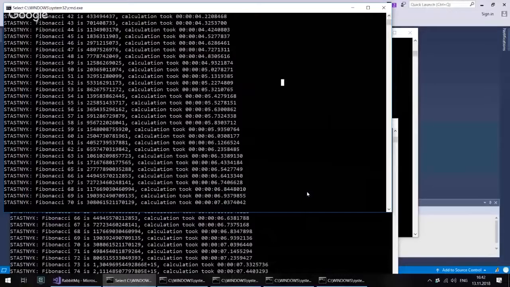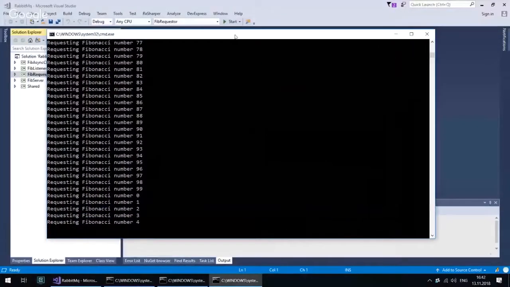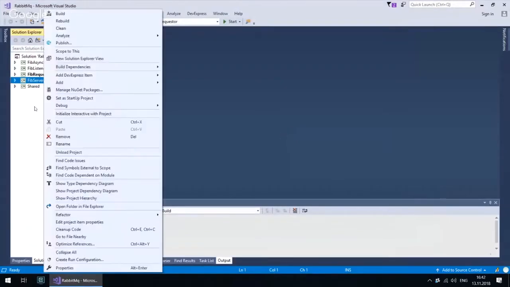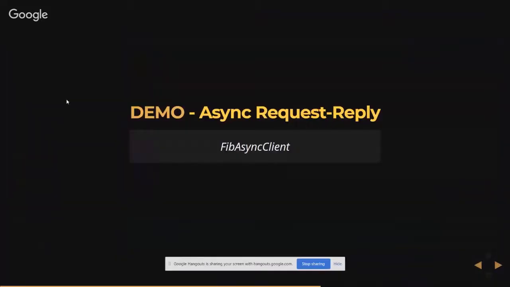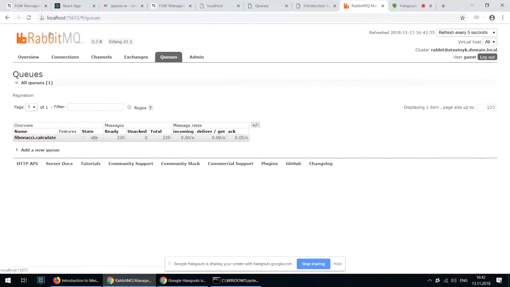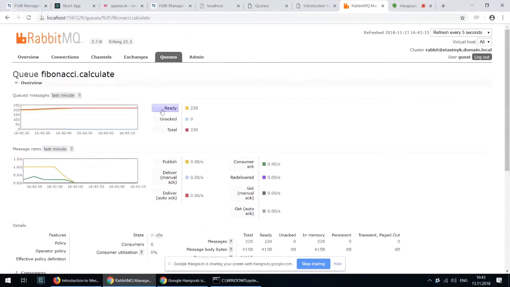Now I'll again show you some demo. Because we have the queues pretty full, I'll first clean them. So you can see here is the administration interface for RabbitMQ. This is the queue Fibonacci calculate that has all the messages, all the jobs that are for us, and there are 220 messages waiting to be calculated. So I will do something that you will probably not do in production. I will just delete those messages,